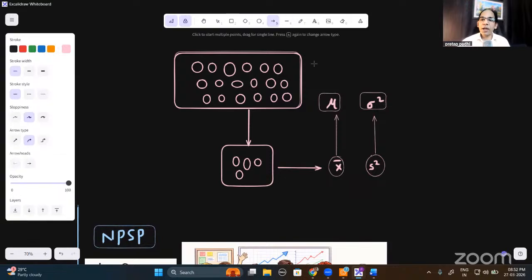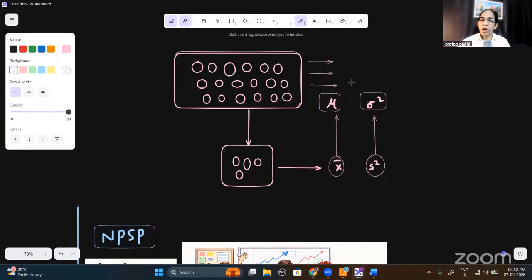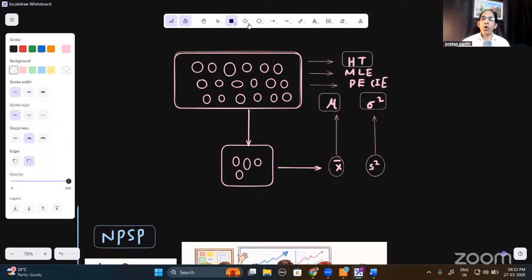So what are the chapters dedicated for this? One of the chapters we'll do today, but we have others as well. You can find a confidence interval, you can do point estimation. So point estimation, confidence interval estimation, MLE, hypothesis testing, all this. This way we'll be able to say something about the whole from the sample. Today, I want to do hypothesis testing. If you want to know in detail, you can watch my full video. I will give you the link.